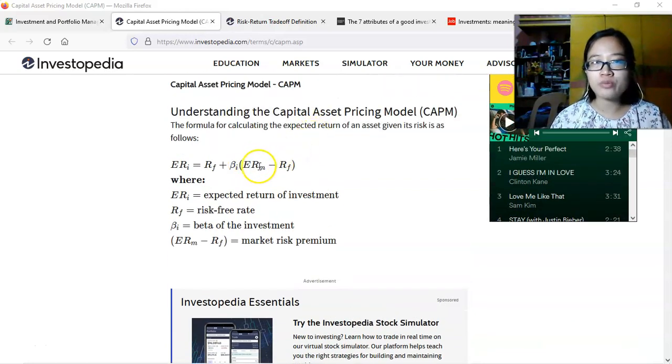So, in a way, kaya yung market dito, in-account din. So, kinuha yung market risk premium, multiplied mo by the beta of the investment. Again, the beta is the riskiness of the assets as compared to the index. And then add mo ulit yung risk-free rate. And then that should be the expected return of the investment.